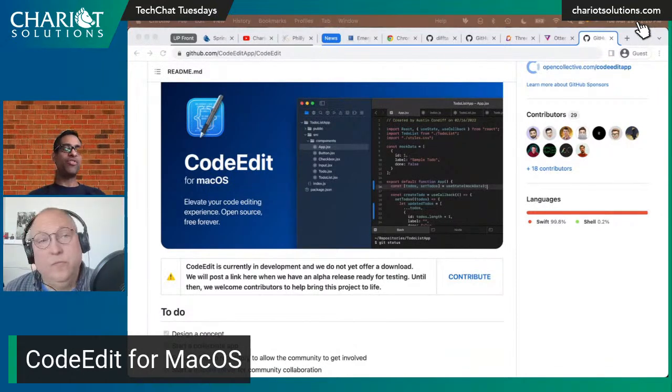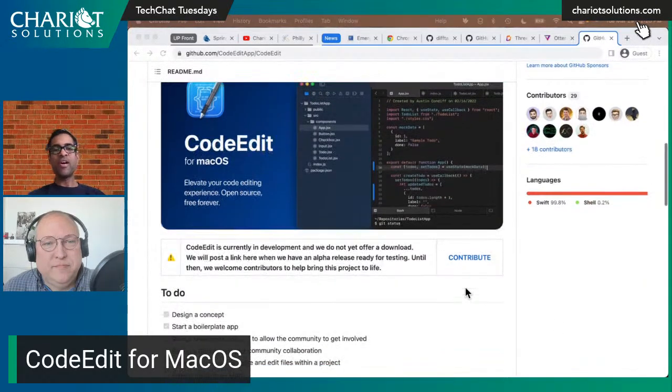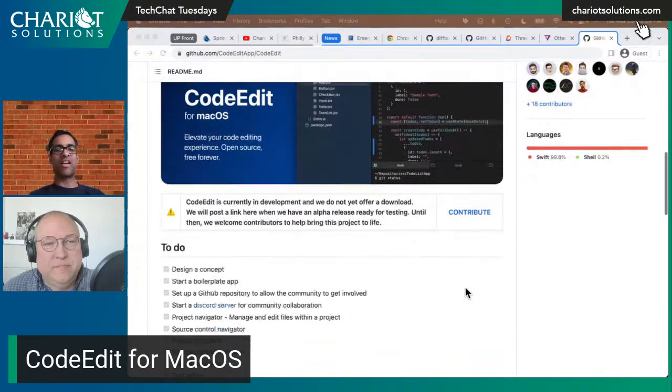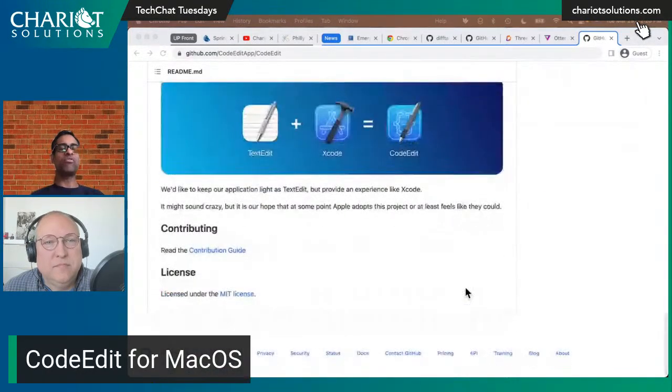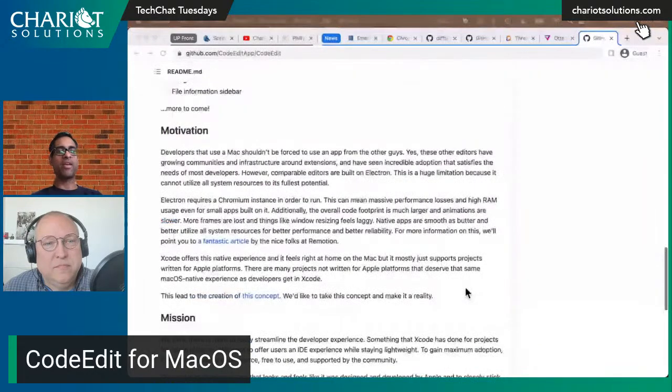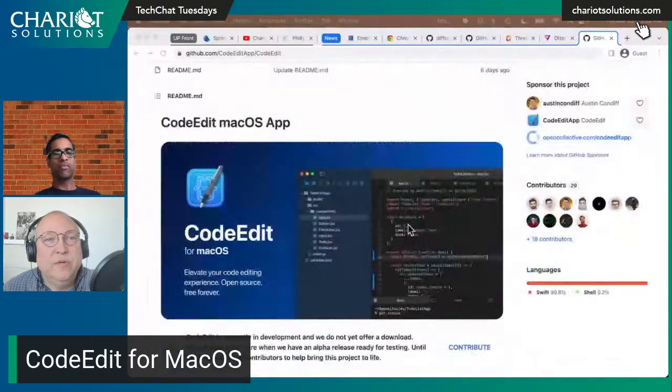But I'm always interested in how editors are coded. There's just so many neat things that go into an editor, and looking at SwiftUI is so much better than looking at Objective-C and other variants back in the day for Cocoa development. If you just look at the SwiftUI code, it's so much cleaner and easier to follow. That's actually the reason I started looking at the code. So it's cool to see SwiftUI for desktop apps on Mac. Very cool. Yep, GitHub.com CodeEdit app, CodeEdit.